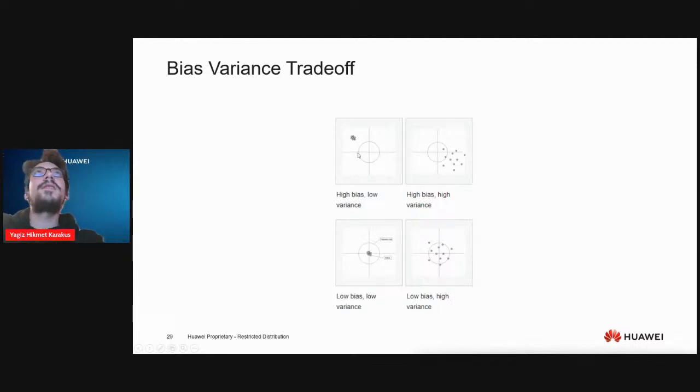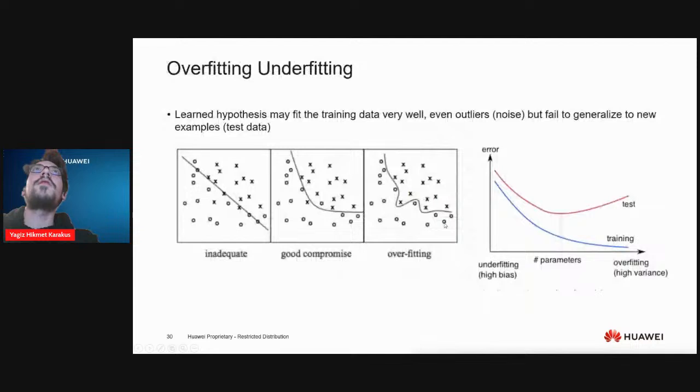So this means our model is underfit. And with high bias, high variance, as you can see, it's wrong and it has high variance. And so we want low bias and low variance. And low bias, high variance is actually